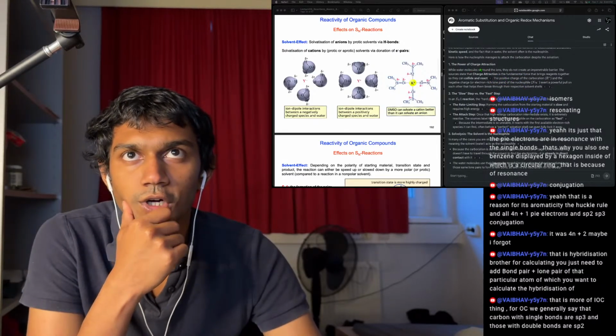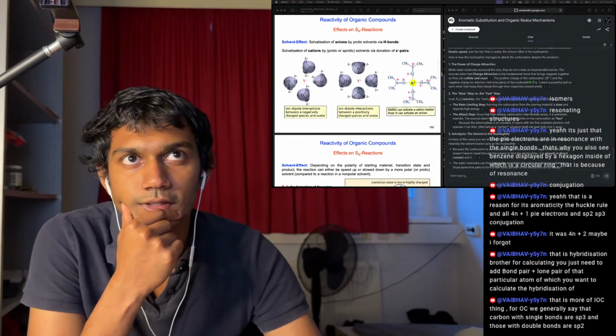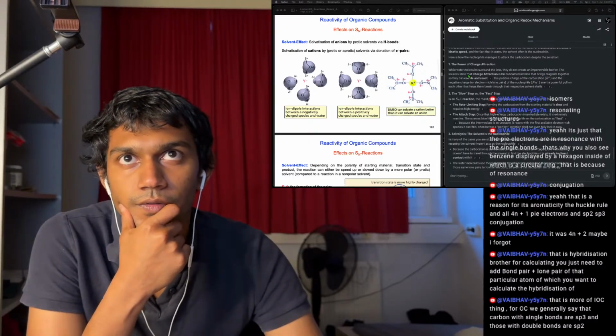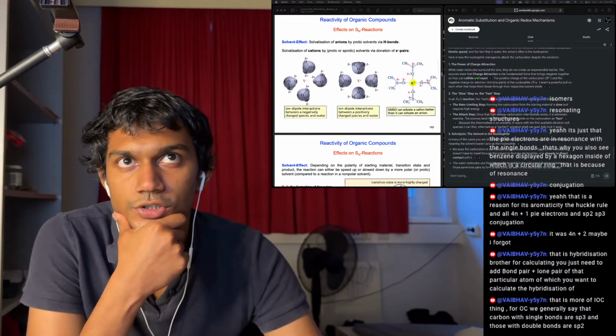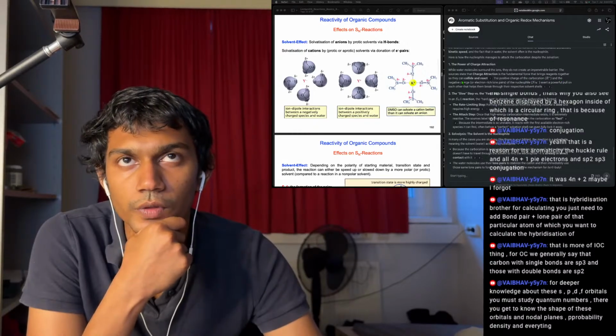The power of charge attraction. While water molecules surround the ions, they do not create an impenetrable barrier. The sources state that charge attraction is a fundamental force that brings reagents together so they can collide and